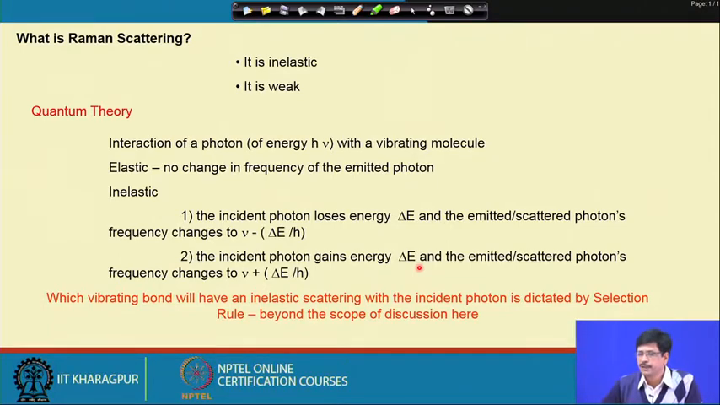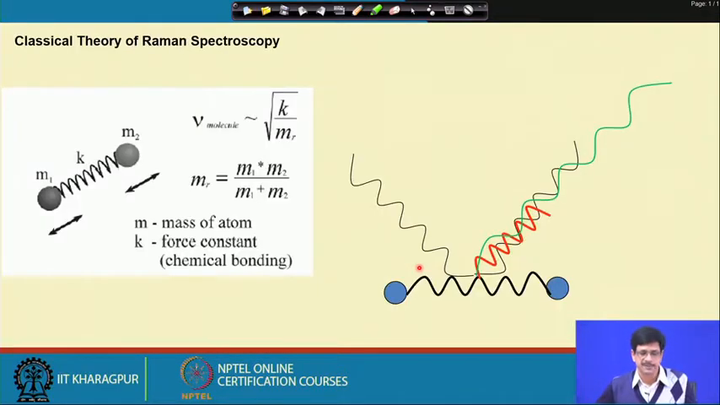So, that is actually governed by some principle which is known as the selection rule as per the quantum theory, but we will rather take an easier route to understand it by the classical concept. So, here it is shown that we can think of a molecule in which these atoms are M1 and M2, and the bond which joins the two can be thought of as a spring which is having a spring constant, and